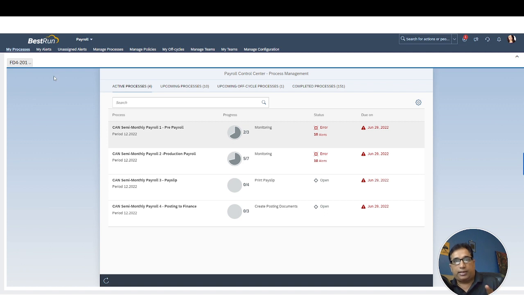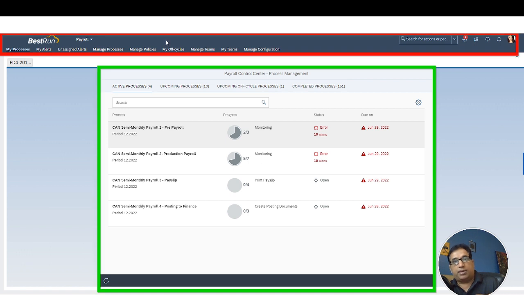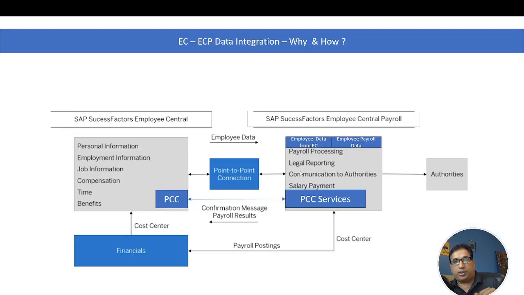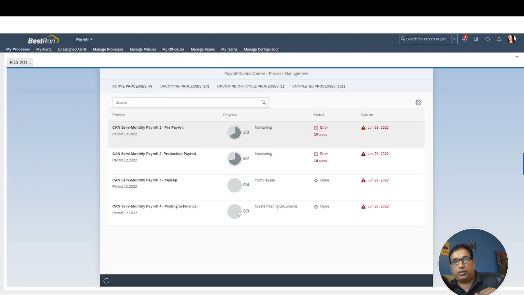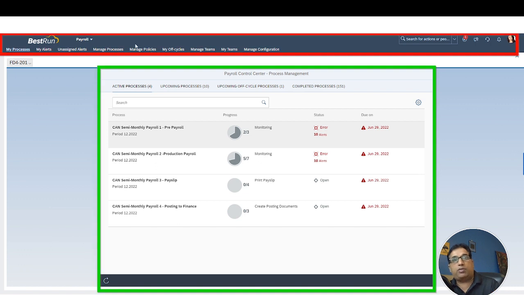So if you look at this screen, within each tab you have multiple sections again, right? So it says payroll control center process management. But note this red bar, this is employee central tools. These are employee central tabs. But the green ones are the screens coming from the employee central payroll. Remember I talked about these services? So the red one is part of the employee central,